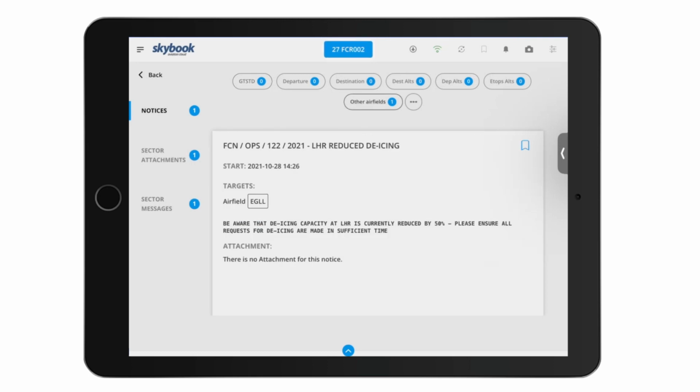So London Heathrow is going to be one of our en route alternates, and you can see here that actually we've got a fleet crew notice for London Heathrow that they're going to have reduced de-icing capabilities. That is a really easy way of